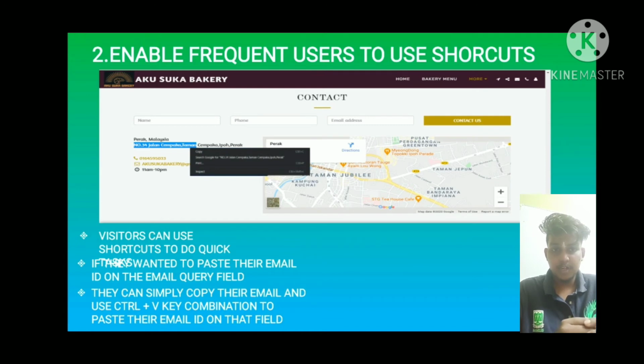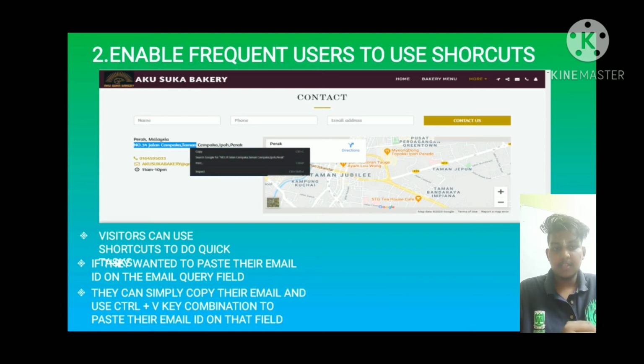If a user wants to take note of the bakery address, they can use the Ctrl plus C key combination to copy the address. As another example, if they wanted to paste their email ID on the email query field, they can simply copy their email and use the Ctrl plus V key combination to paste their email ID on that field.